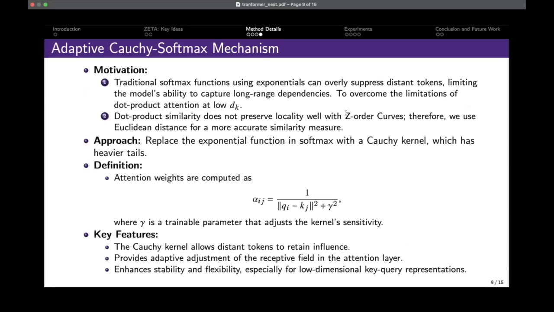I'm trying to find the right word. How dense or narrow, I guess, the distribution is for the softmax. So, like how your attention weights are essentially spread out. And this can allow the distant tokens to maintain distance. It also takes care of all these issues with magnitude that we had, because now you're just doing these distances here